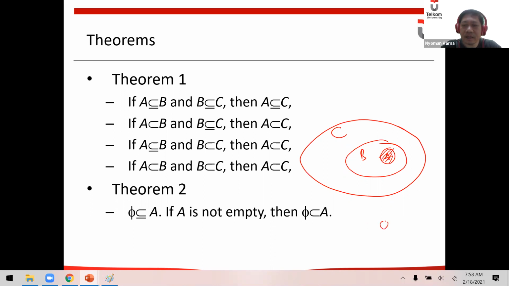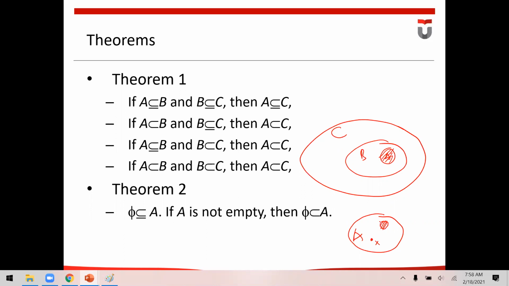Let's say this is a null set or an empty set, and then this is A. If A is not empty, let's say A has an object, let's say x, then this null set is also a proper subset of A.